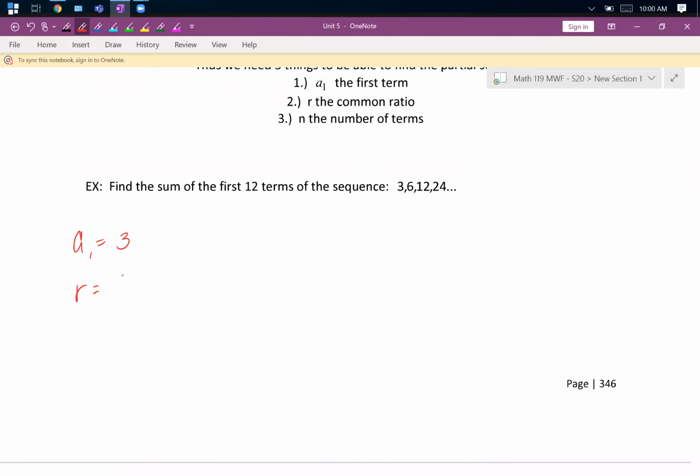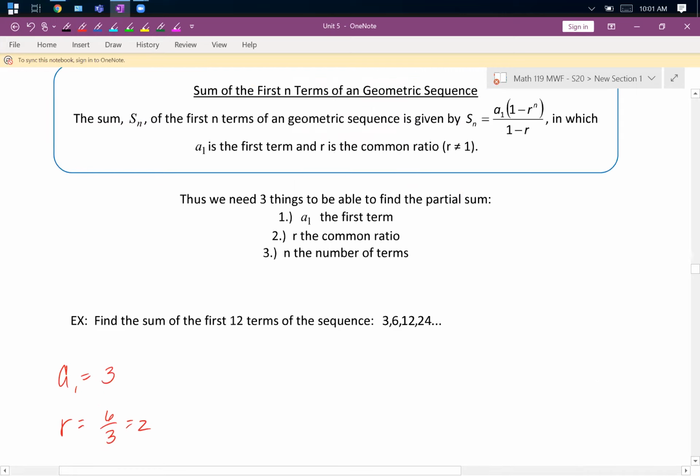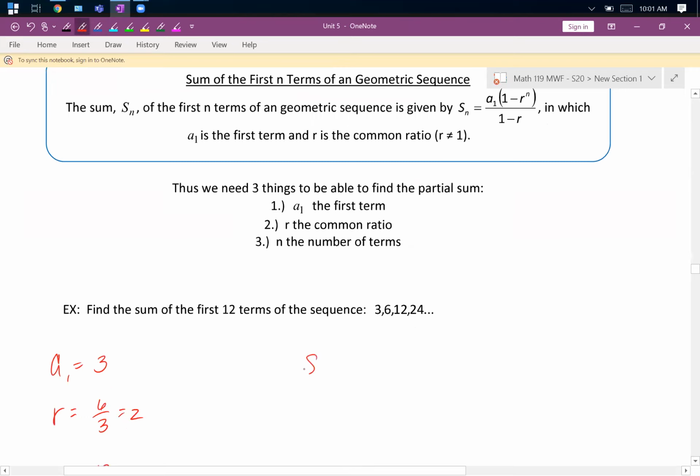It's going to be 2. And then our n, well, that's going to be 12, and we plug it into our equation. So S sub 12 is going to be 3 times,